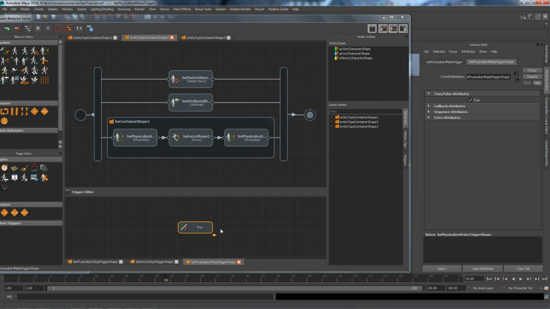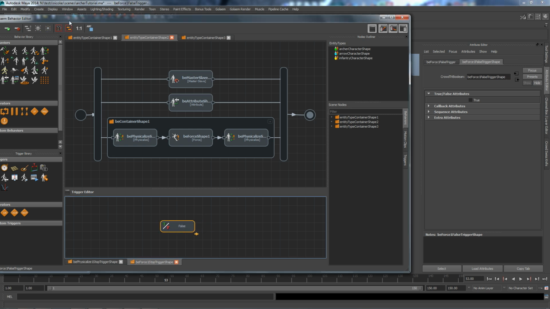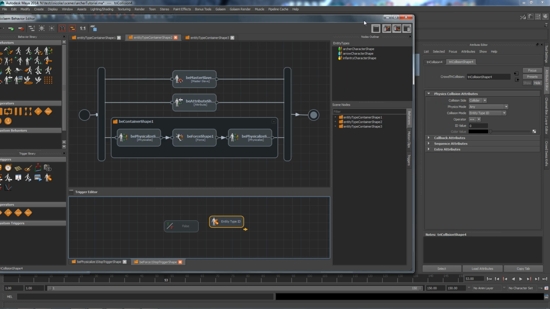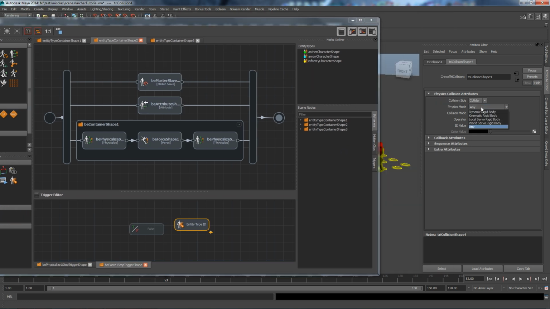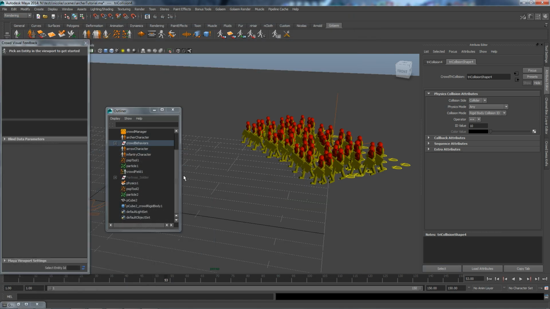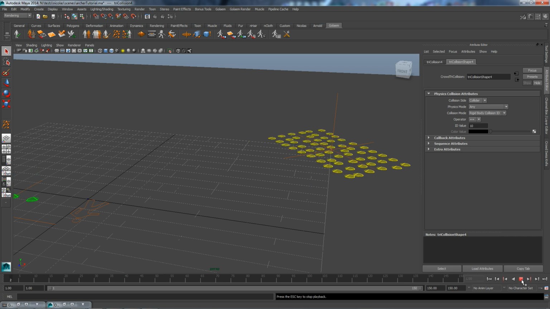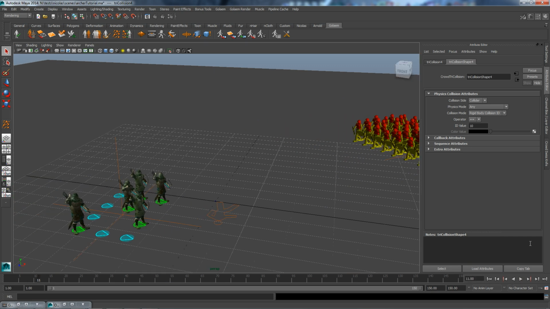And the final thing I want to set up is the stopping trigger for my force. Right now it's set to false, but I want to change this as soon as I hit my rigid body of ID 10. So I'm going to bring in a new physics collision trigger, set the collision mode to crowd rigid body, collision ID equals 10, and as soon as it hits it, it should just go out of the physics world. So let's throw again the same,